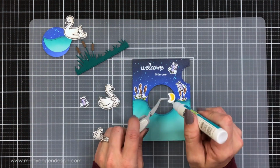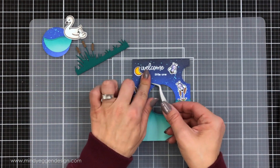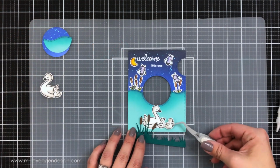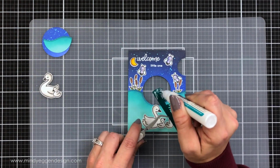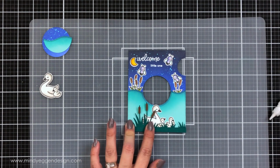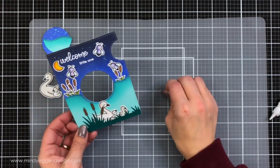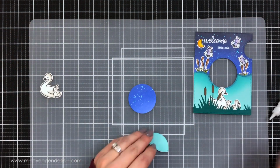Then I'll be working on adding my swans. Now there's 2 swans I set off on the side, the mama and the baby. But I have the other one down below with 2 other little babies, and then I'm going to have the cattails on top of that. So once I have that done, I'll just set that off on the side and work on this